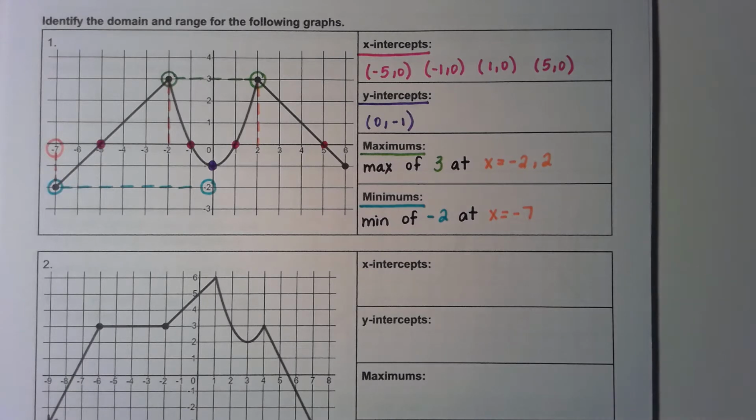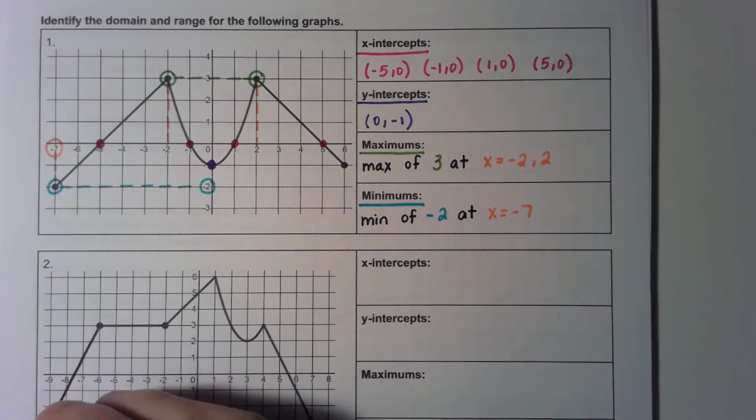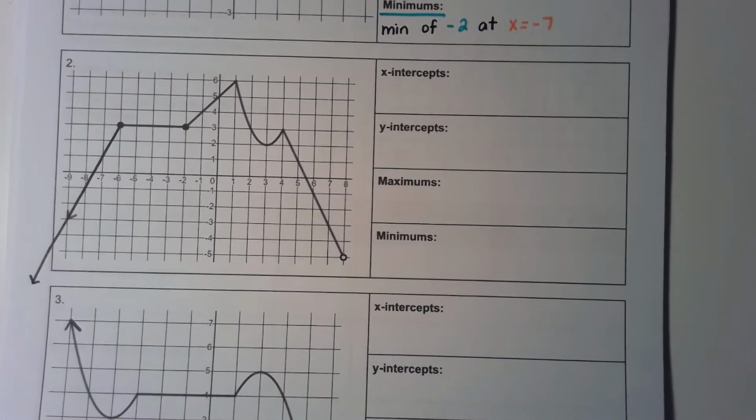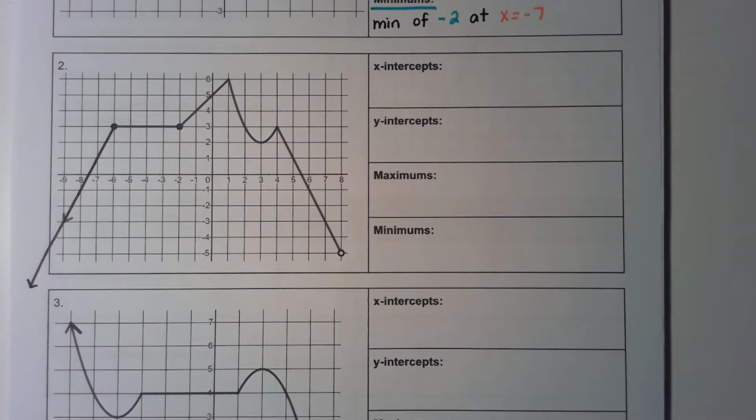Okay, let's go ahead and try the next problem. Before I start, I'm going to pay attention to where the arrows are. In this problem, there's an arrow pointing down and going this way. So what that means is when I'm looking for my minimum here, I'm not going to have any. There's never going to be a place that's the lowest the graph goes because the graph keeps going down forever. So when I get to minimum, that's going to be really important. I like to make sure that I focus on that before I start the problem so I don't